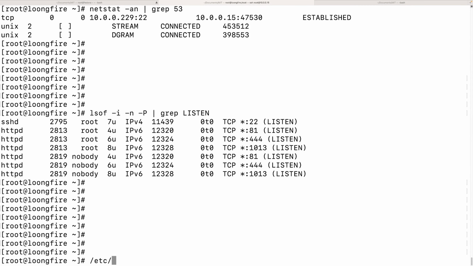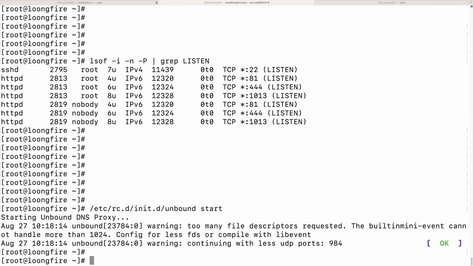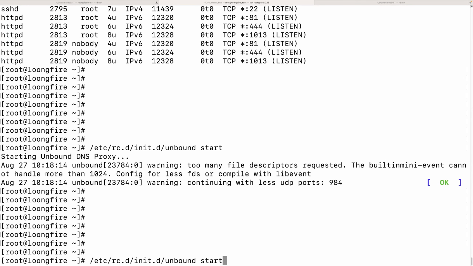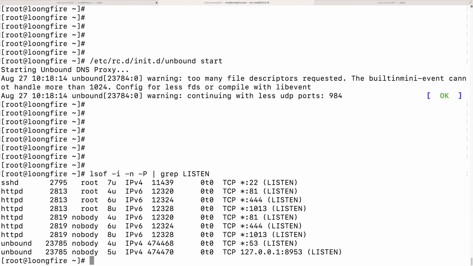I already stopped the existing one. Let's restart it. So, unbound. Unbound is the default DNS resolver for the home network, the default software that comes with IPFire or LoongArch,